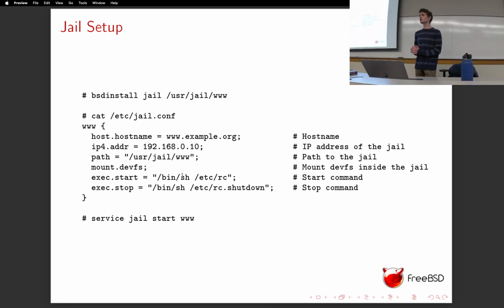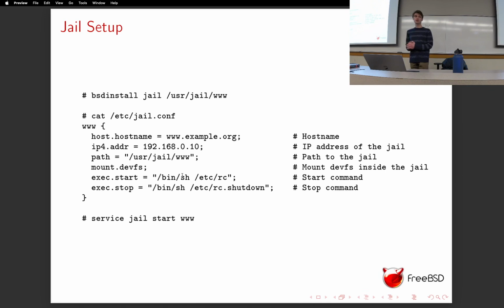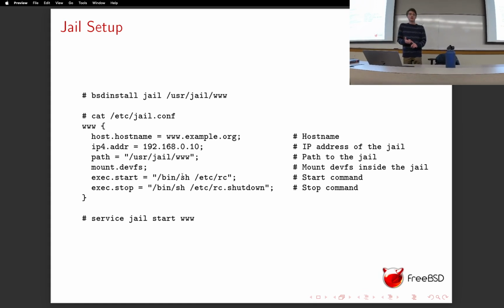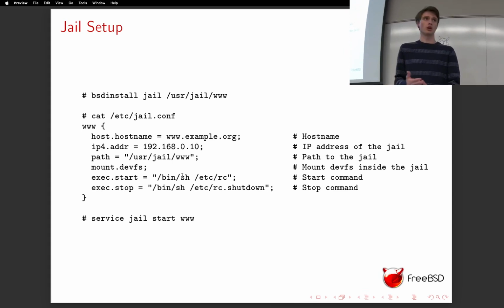This is especially nice because when you're using jails, you can do development on them. You can install different versions of libraries. If you don't want to clutter your system with a certain utility, you can put it in a jail. If you're worried about a utility compromising your system, you can put it in a jail. I wouldn't necessarily recommend that because jails aren't really secure, but they're just a way to isolate another version of